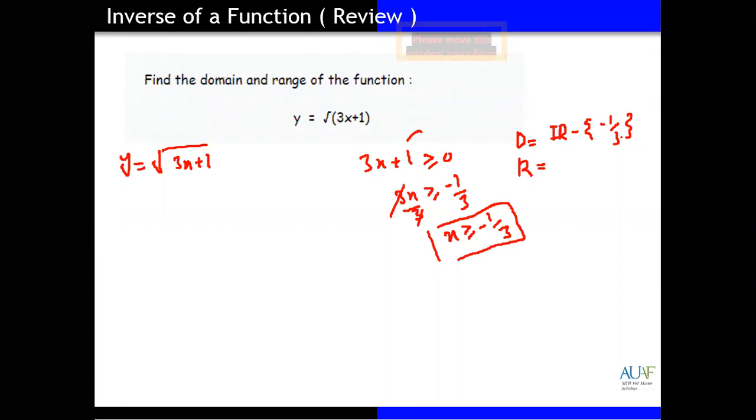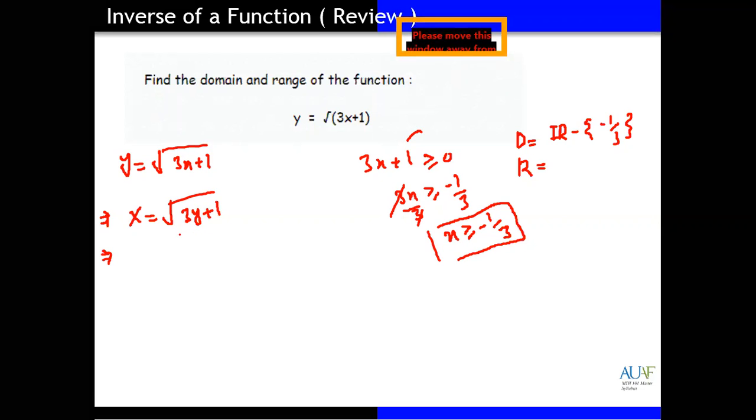Now, how to find the range? For the range, we need to find the inverse. So first of all, find out the inverse. Okay. Now, first step, second step, and third step for finding the inverse function. First, we have the function, replace the function with y. We already have y, so y is equal to the square root of 3x plus 1. Second step, interchange x and y, replacing y with x and x with y. We have x